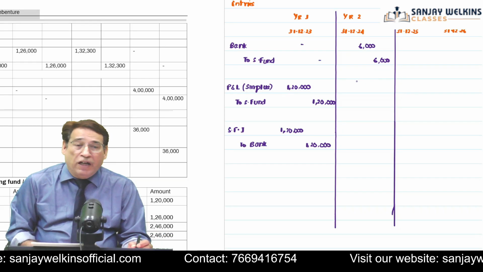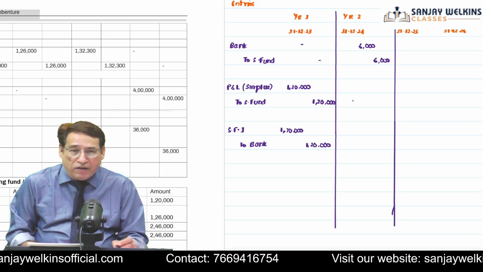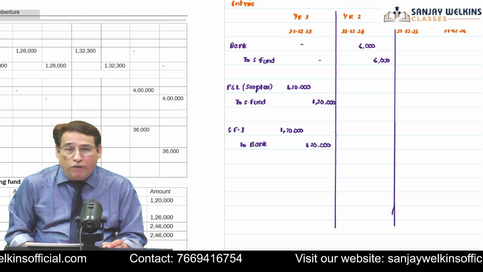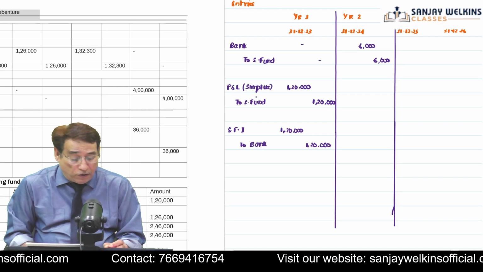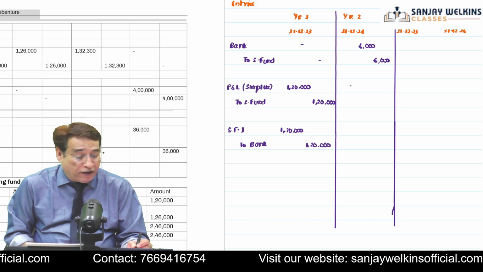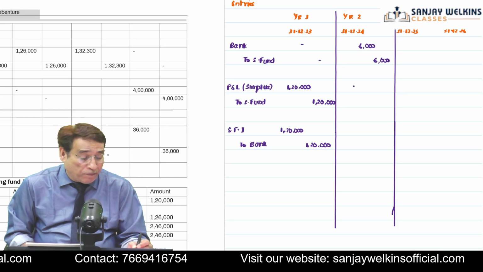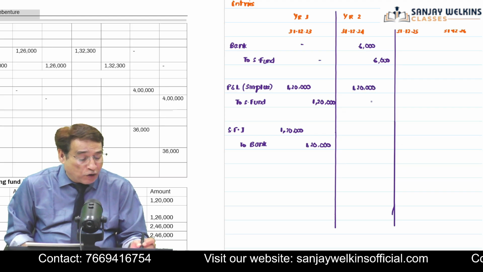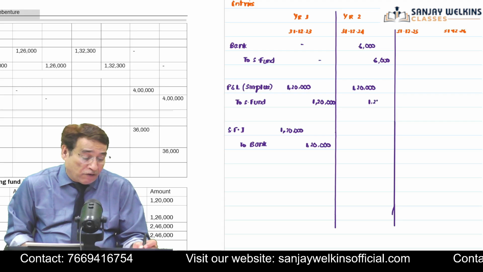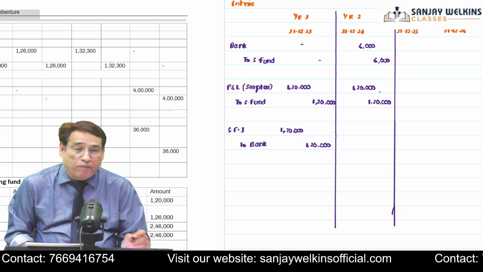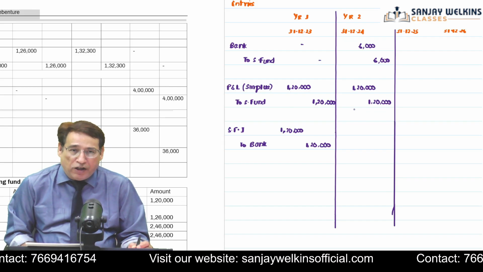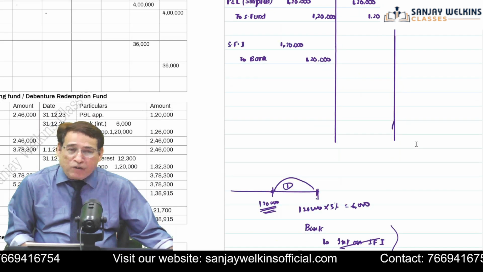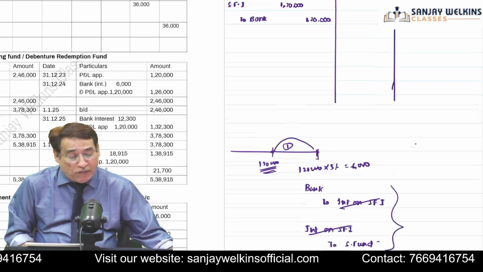Once you have received the interest, now you will have to pass these two entries. Again, at the end of the second year, you will pass this entry, profit and loss appropriation account or profit and loss account debit to sinking fund account. This figure will remain same. Again, you are going to extract 1,20,000 because you have already decided that at the end of each year, we are going to set aside a part of the profit and the amount is 1,20,000. Now, at the end of the second year, you are going to make the investment. Now, could you tell me how much amount I should invest?